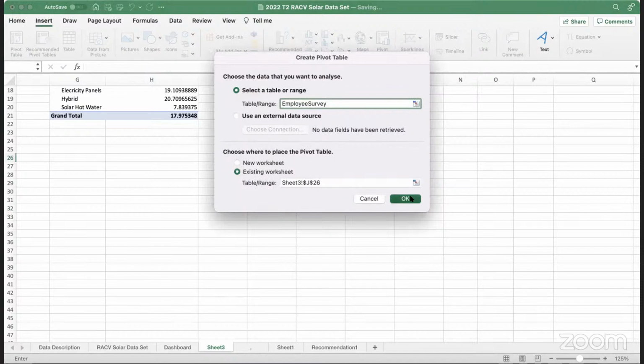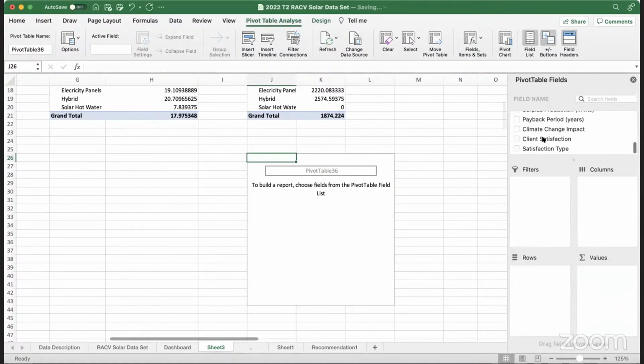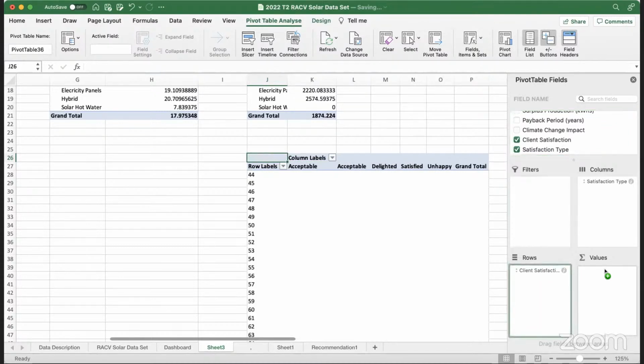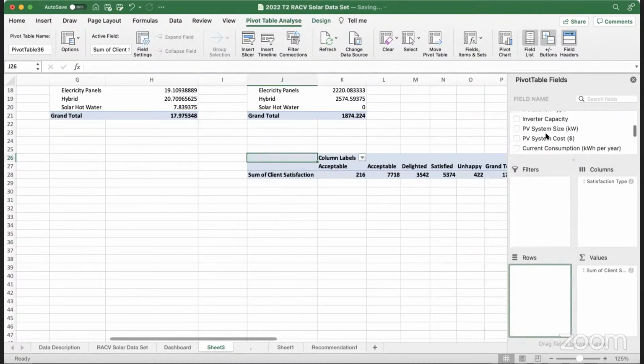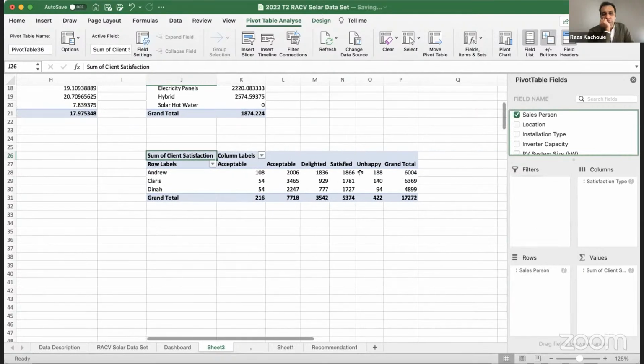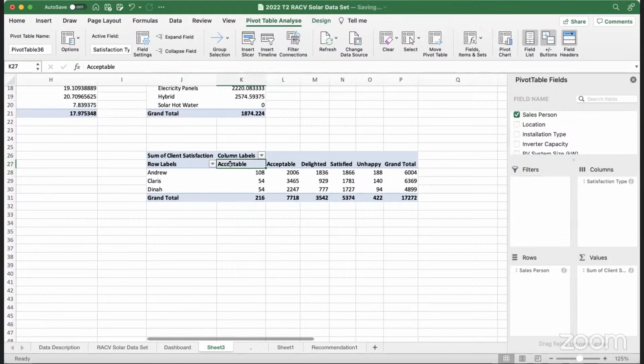I would like to create certification type as columns, and clients here, and maybe the salesperson here. But right here, you can see there are two exact same categories.